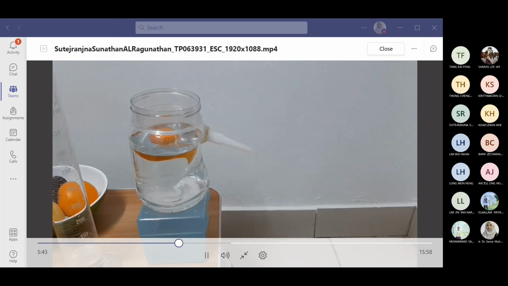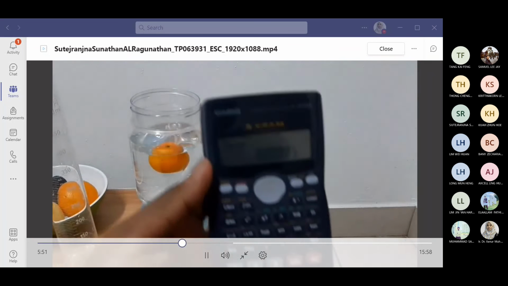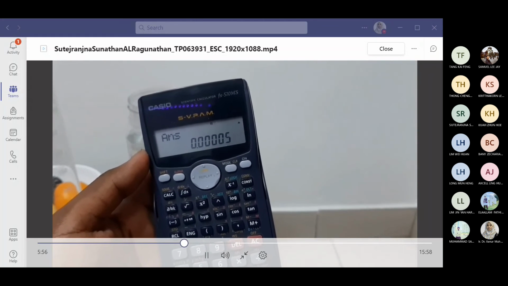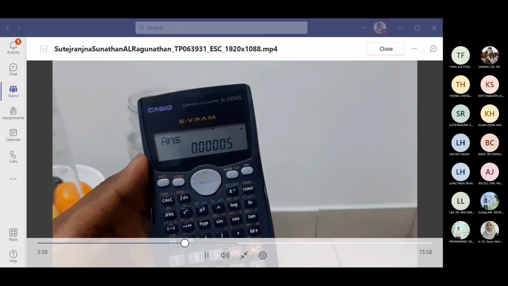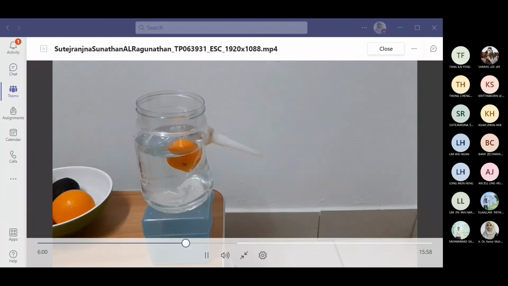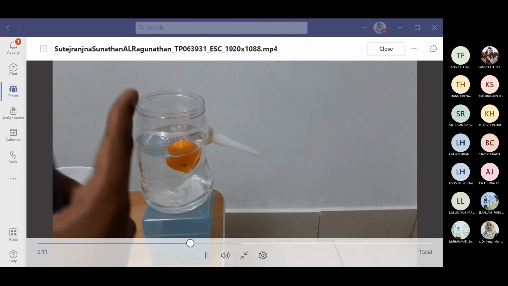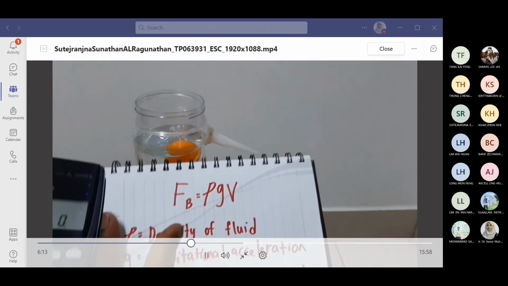And now we have to convert 50 cm cube into meter cube, and that is 0.00005 meter cube. Okay, since we have gotten the reading 0.00005 meter cube for the volume of the mandarin orange, we can start finding the buoyant force, which is